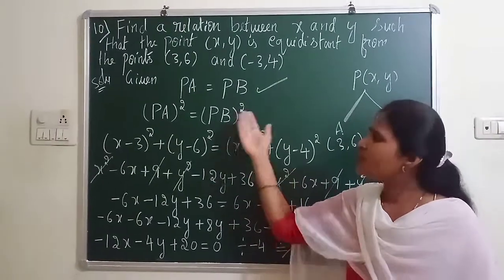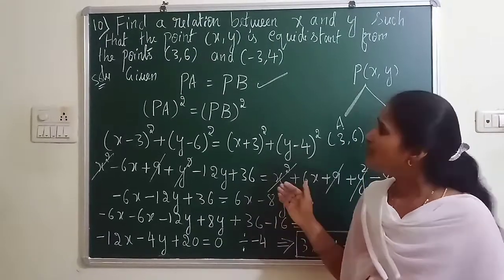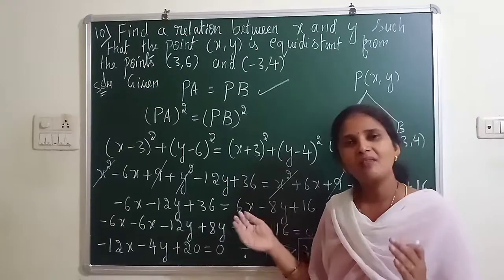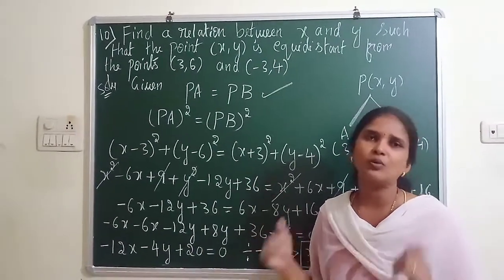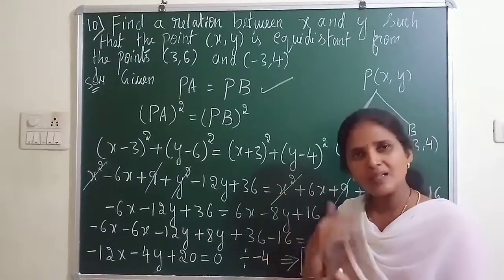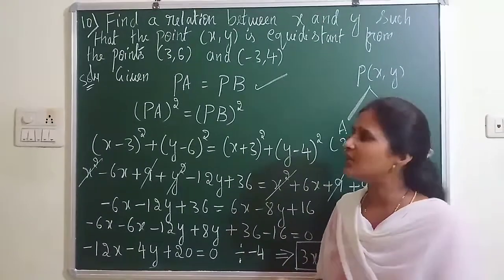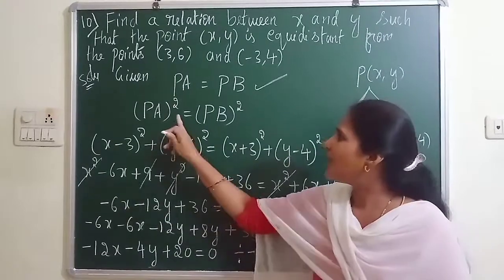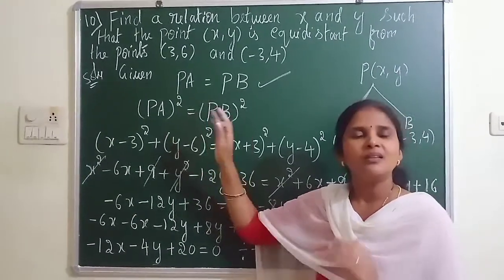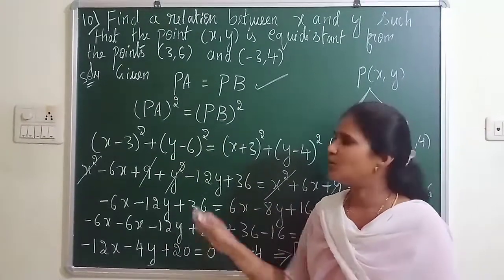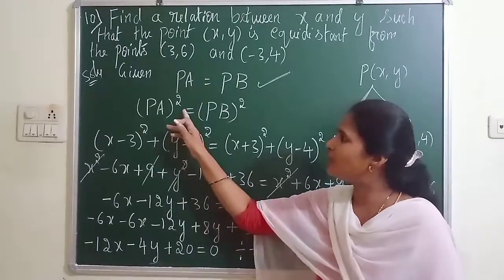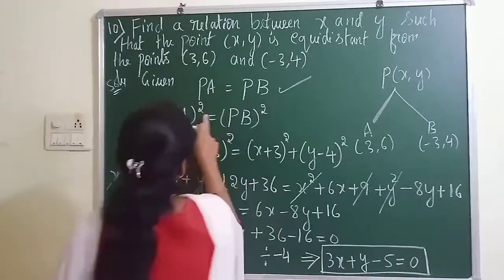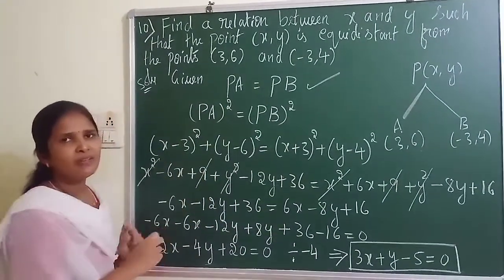In the previous questions also we used the same concept, but there I wrote PA and PB directly with the distance formula and then took square on both sides to cancel the root. Instead of that, the alternative method without root is to take the square before only. When I take square on both sides, the root will vanish orally. So no need of writing root in the next step when you take square on both sides in the starting only, because the square root of the formula will vanish.